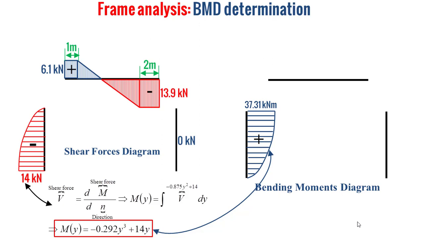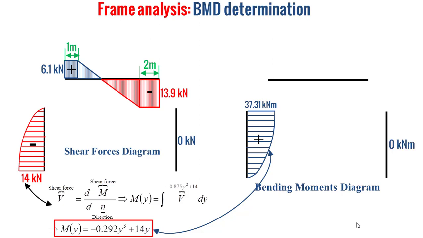And based on all of this, we can determine the evolution and the values of the bending moment along the left hand column. For the right hand column, we have a shear force equal to 0 kilonewton, so the bending moment can be 0 or constant. Yet we know that the support at the bottom of the right hand column is a roller support, so the rotation is free. So at the bottom of the right hand column we have no bending moment, and based on all of this,